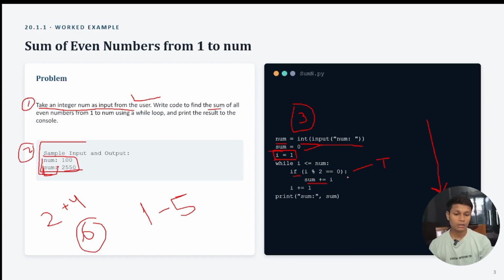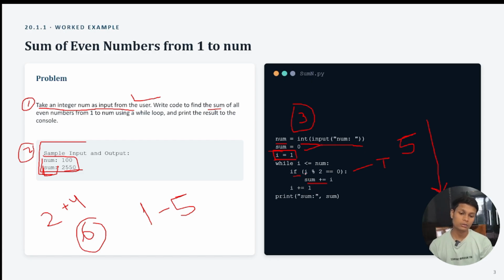The same thing is repeated again and again, and the value of i increases. When the whole loop ends, let's say num is 5, so till 5 it will run, and after that when i becomes 6, 6 is not less than or equal to